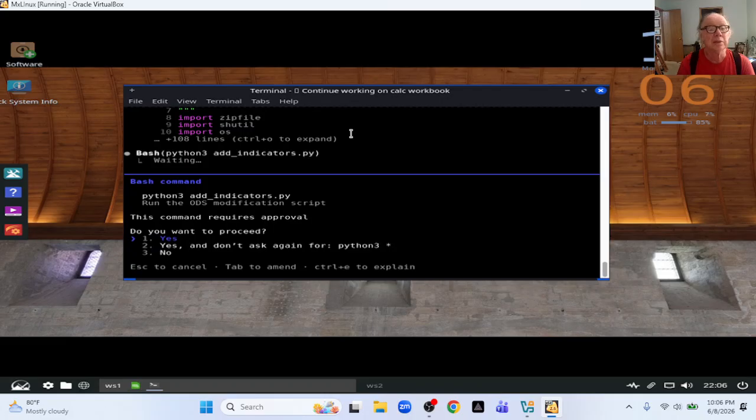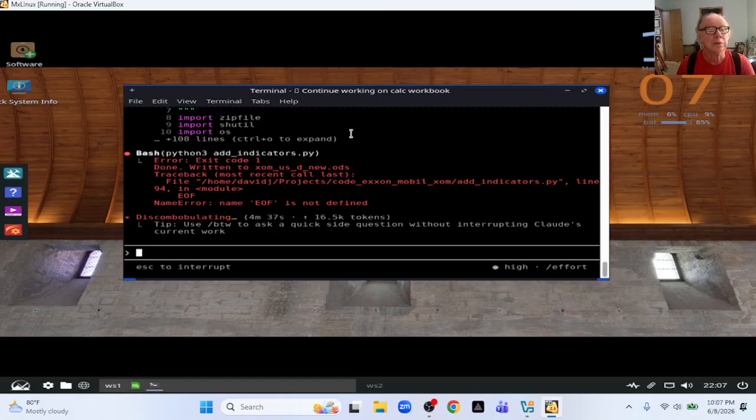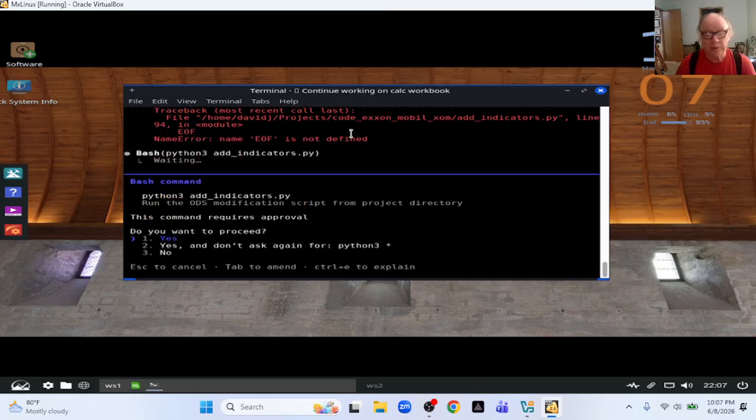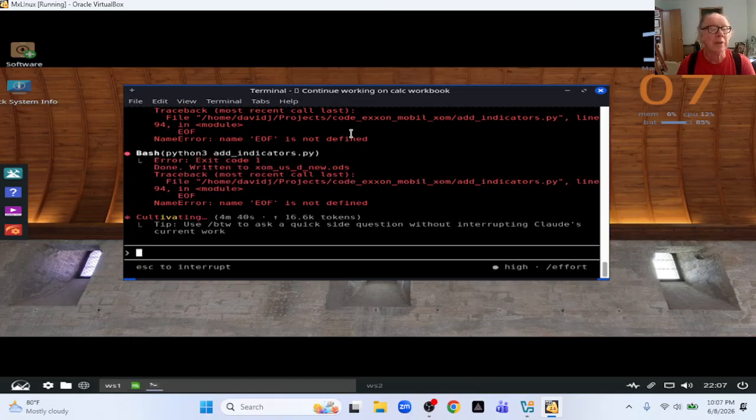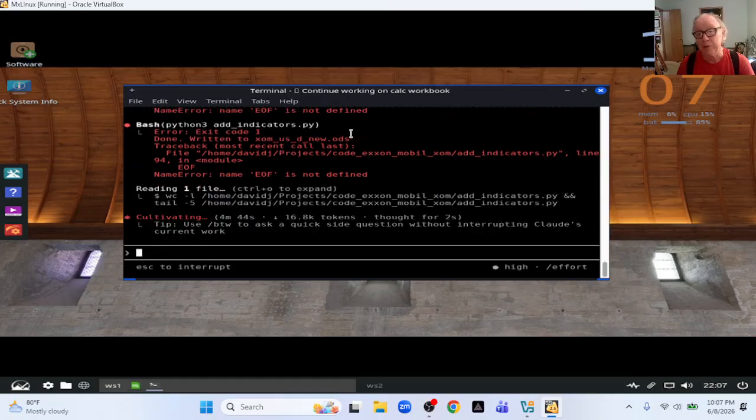Import zip file. Let's see. Approval. So as you can see, it actually takes a fair amount of steps to do something fairly basic, like add a few columns to the spreadsheet, because it's not actually